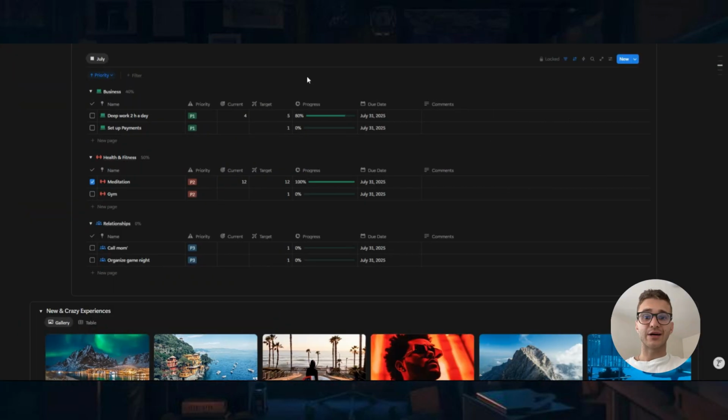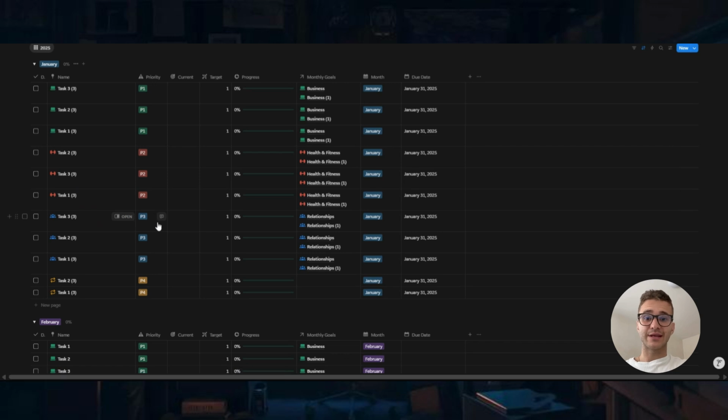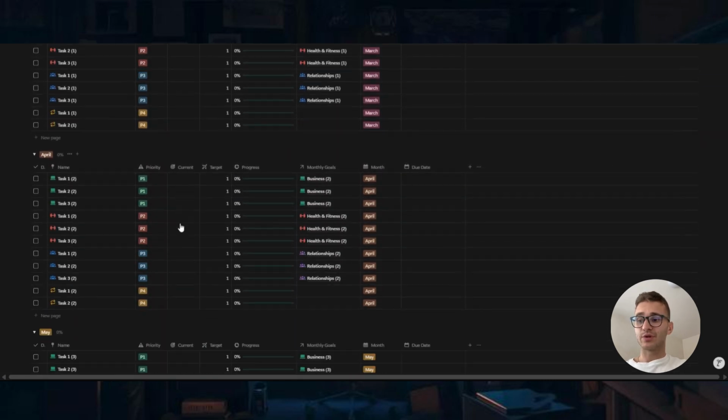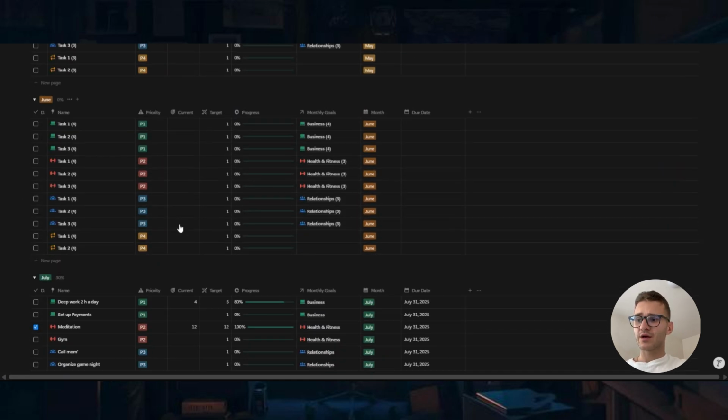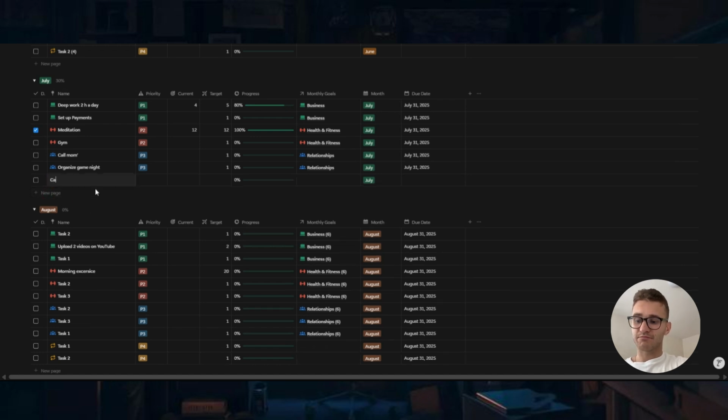Now let's talk about how to add tasks to this July overview. If you scroll down to our do not delete section, we will see there is an all months breakdown. All months breakdown is basically a database with all our tasks connected to our goals. So if you scroll to our July overview, we will see that all the tasks that we had in July are here. And now, if you want to add a new task, you simply hit new page, then say, call